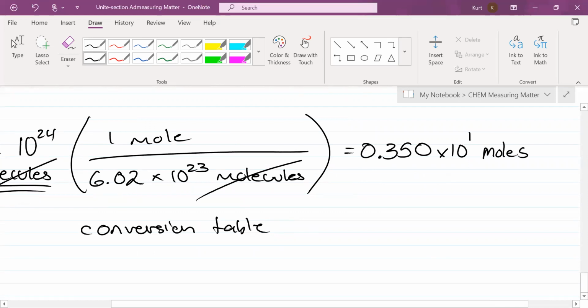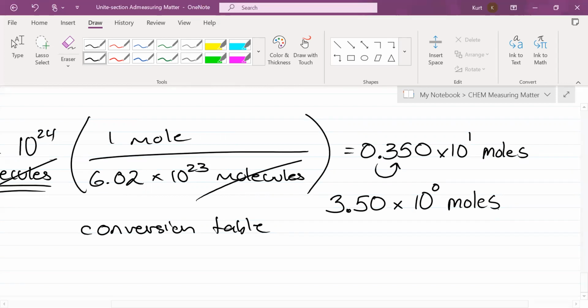Okay. Is our answer in proper notation? No, it isn't. You need to have at least one digit, not 0, on the left of the decimal. So we're going to shift that decimal 1 to the right. So we're going to have 3.50 times 10 to the what? Second or 0? 0 moles. Now, in case you didn't know, 10 to the 0, the number is not moving anymore, so you don't really need to include 10 to the 0 anymore. Your answer is 3.50